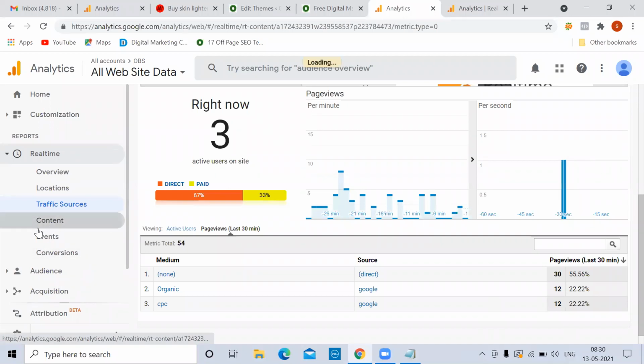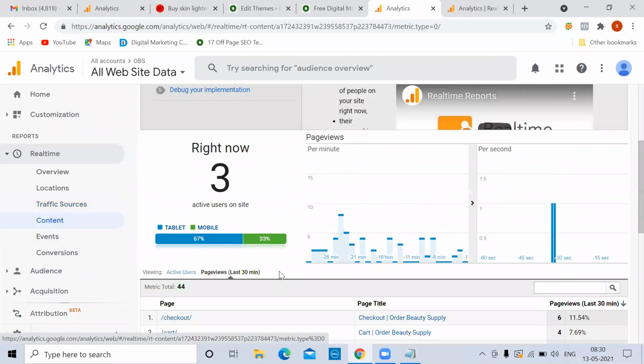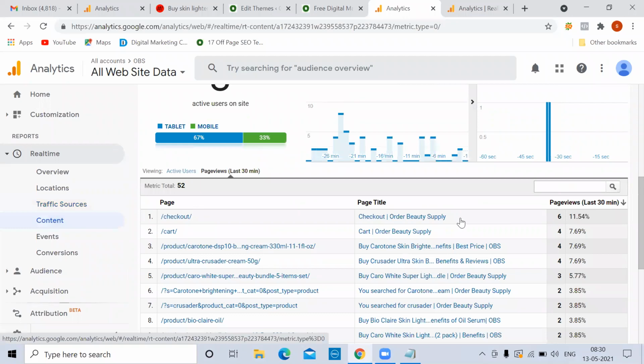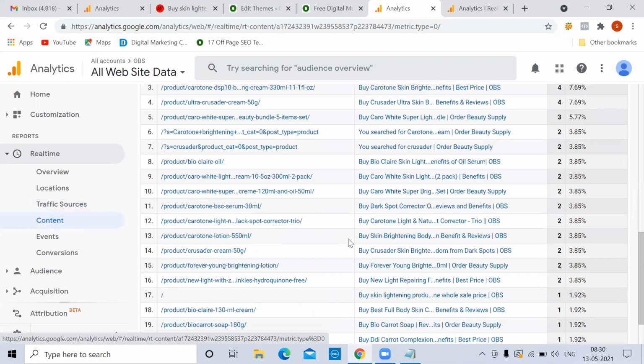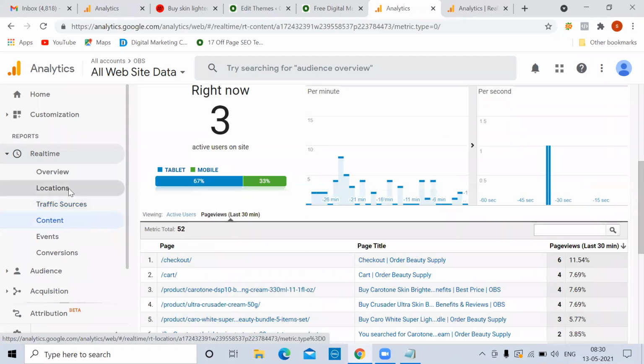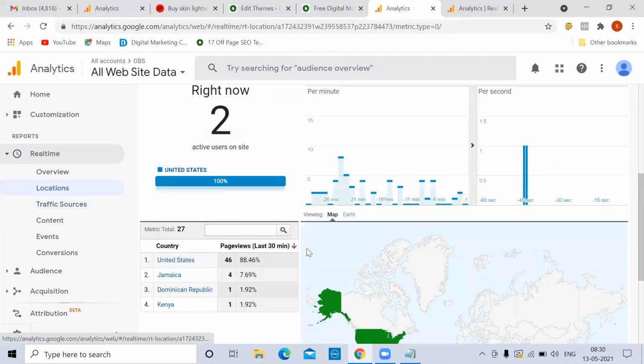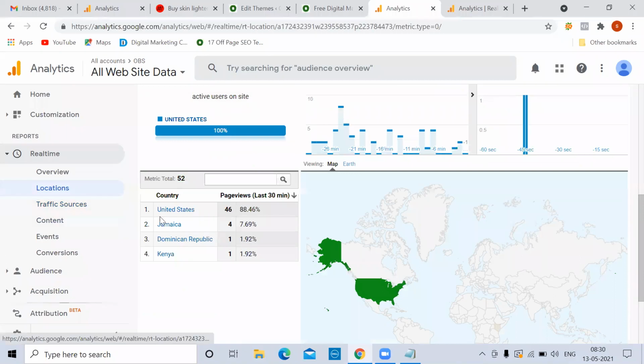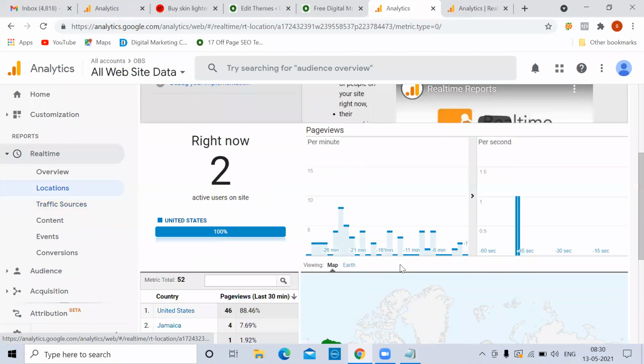What content in the last 30 minutes? What content have they been viewing? Checkout page 6 people, cart, and these are the different products. From which locations did they come in the last 30 minutes? US 46, this is our targeted country. Jamaica, Kenya, Republic, so the places.